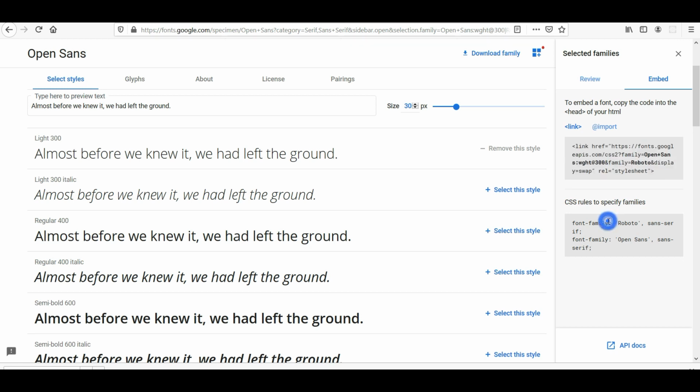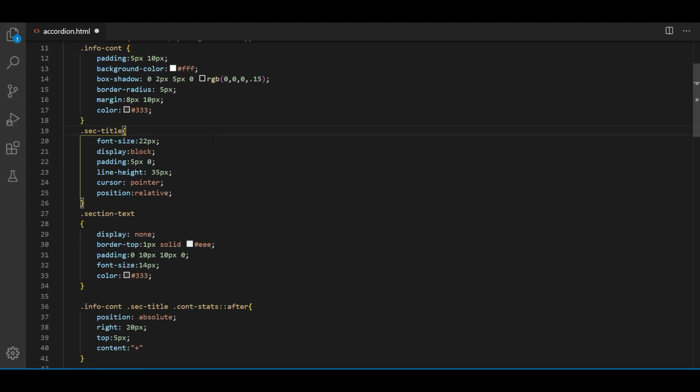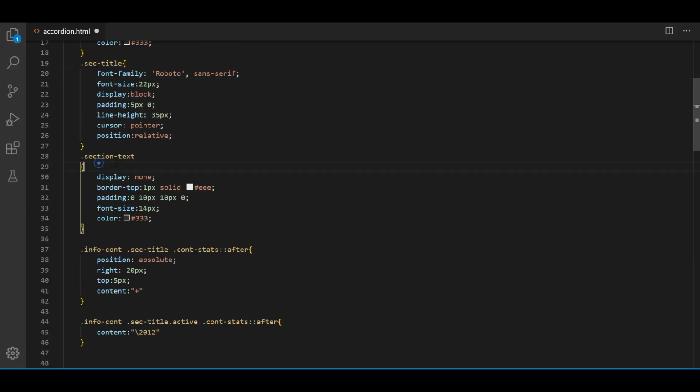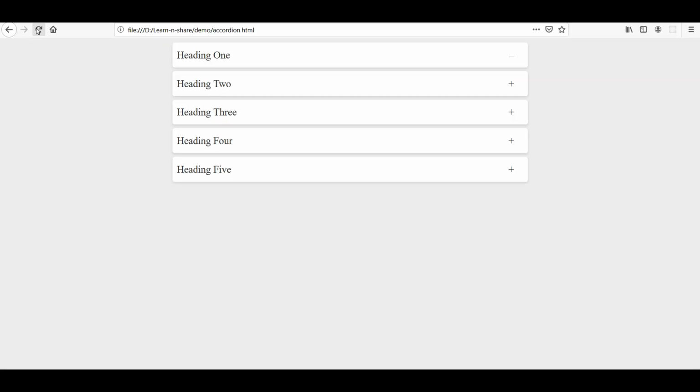To use the font, you have to use this font family. Let's use this for the section title, and this one for the description. Let's save and check the preview. It looks better now.